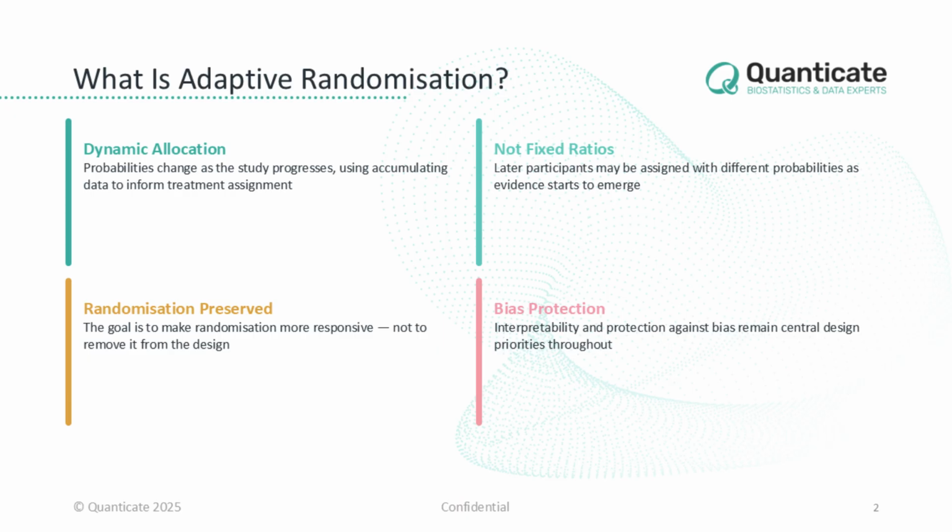Adaptive randomization in clinical trials means the probability of assignment can change as the study progresses, using information that builds up over time. Instead of holding allocation at a fixed ratio throughout, the design allows later participants to be assigned with different probabilities as evidence starts to emerge. The aim is not to remove randomization, but to make it more responsive while still preserving interpretability and protecting against